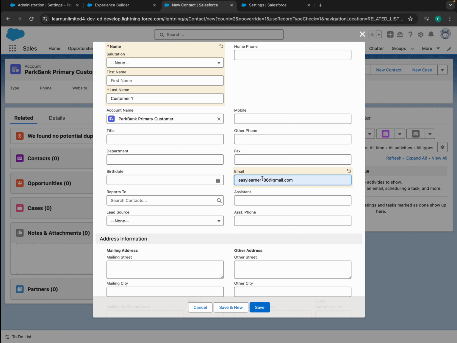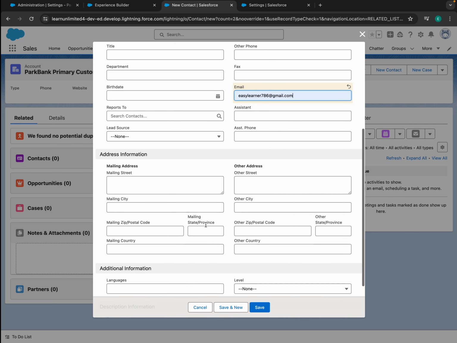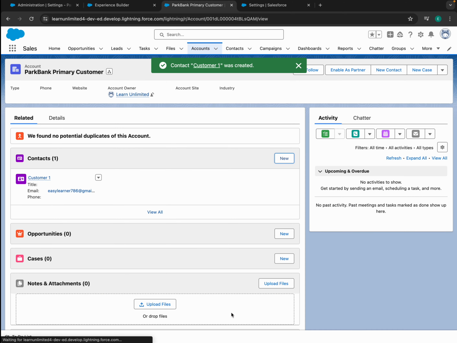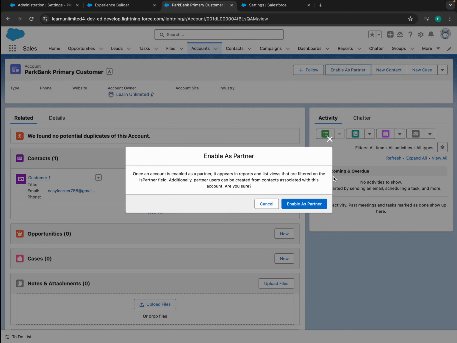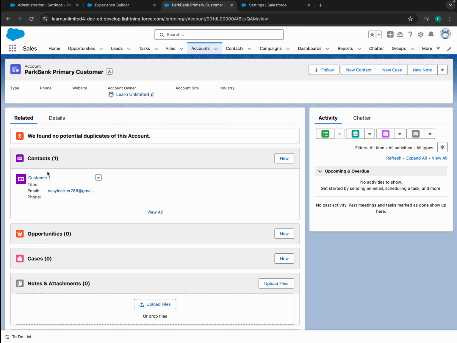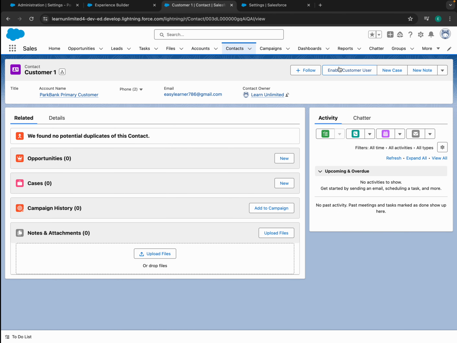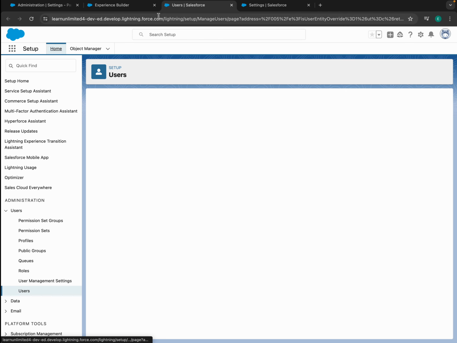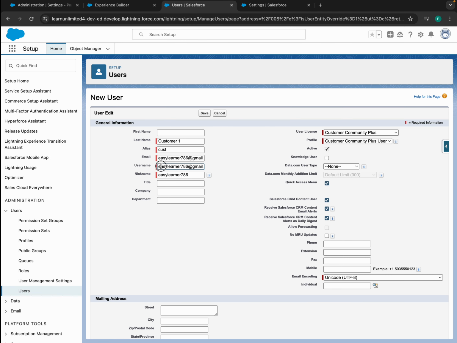Though you have an option to edit, it is very important that you have the emails updated in both the places. Okay, and then save it. Now let's enable this as a partner. Now let's go to contact, enable customer user. Now it will be redirecting to the user, and then you can give your name,